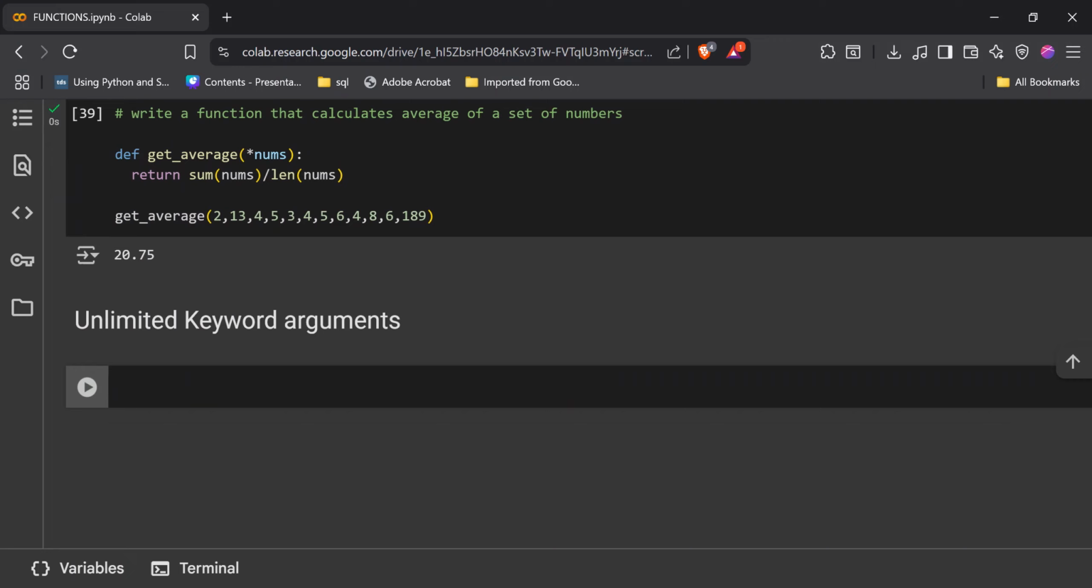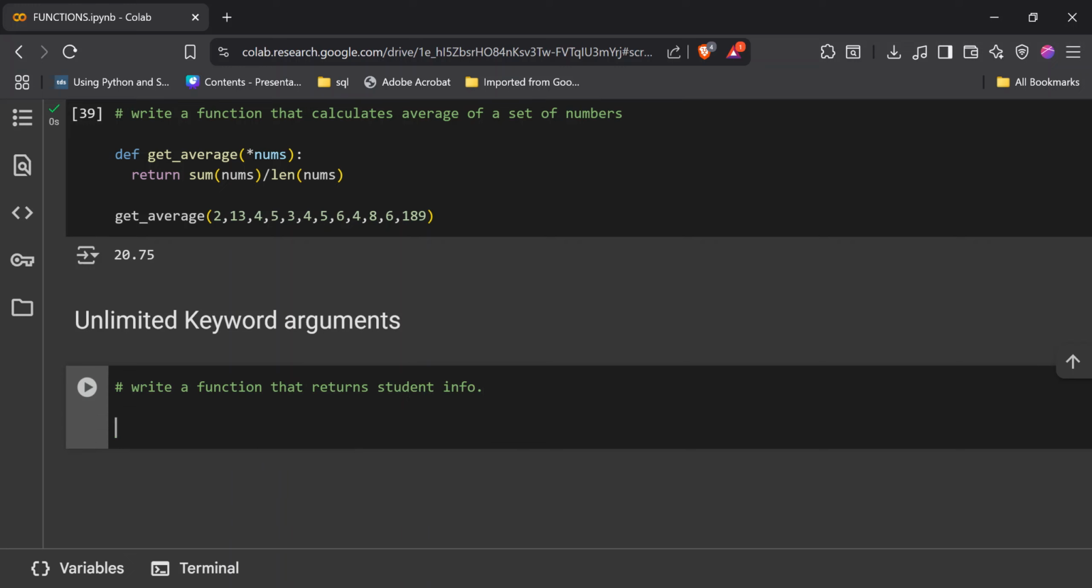Let's say we want to write a function that returns student info, something like this. So what can we do now? We can say def get_info, something like this. And in here,